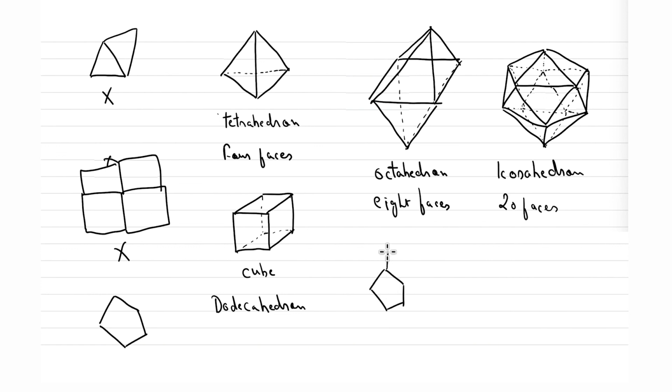Now try to draw 5, all of them connected with each other. We have 1, 2, 3, 4. So this one is 5th. So drawing a 3D figure on a 2D is sometimes a problem. So let's see. And then you have at the back, each of these is connected.